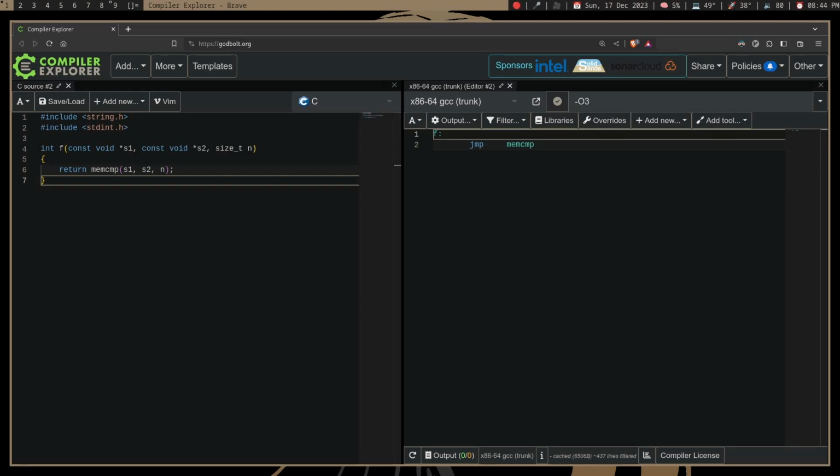So here we have a function that calls memcompare, and expectedly it calls memcompare, jump memcompare. But there may be situations where it doesn't call memcompare. And those are if you usually have a size that is known at compile time. So if n